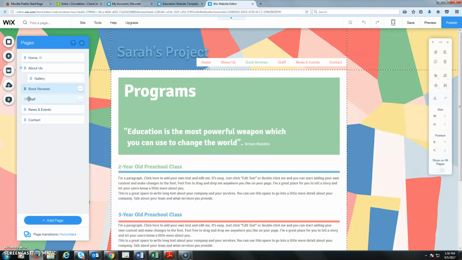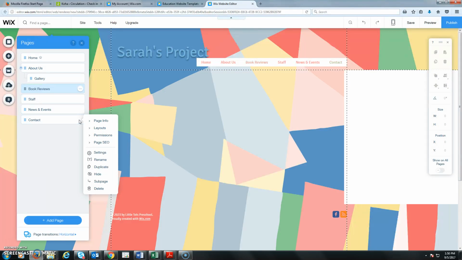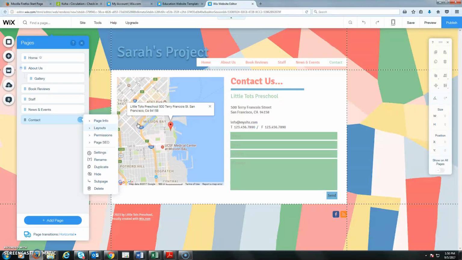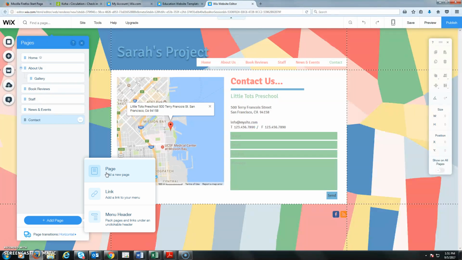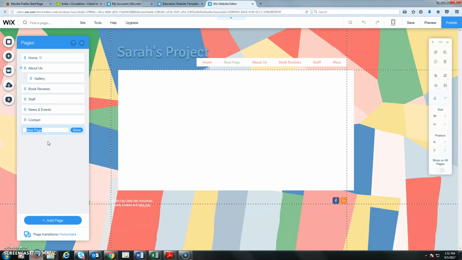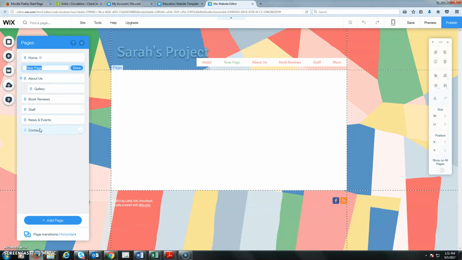Okay. You may not have staff. You may have different contact information. You can take it out if you don't need it. Like I said, all of these things are going to be edited from this menu here. If you need to add a page, you just simply click on that. Add a page. It's going to add a new page, let you title it,